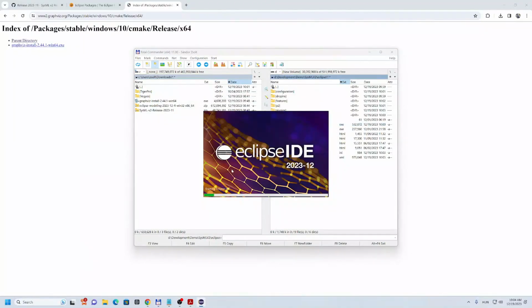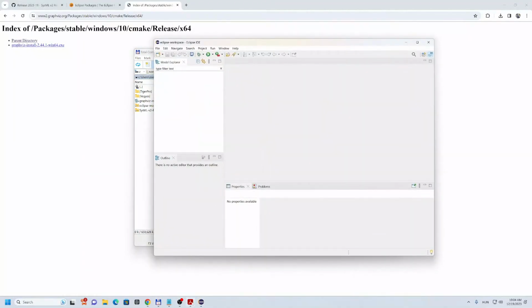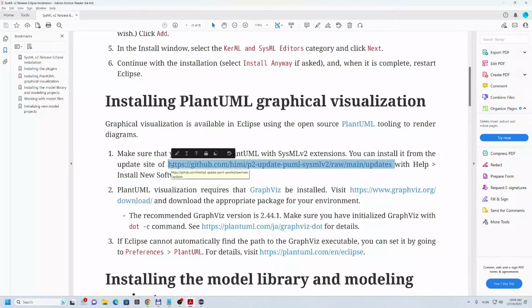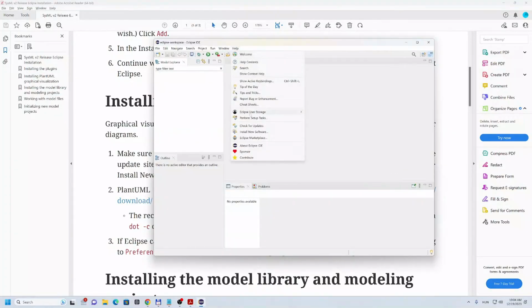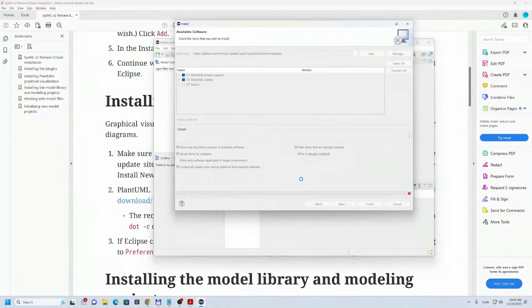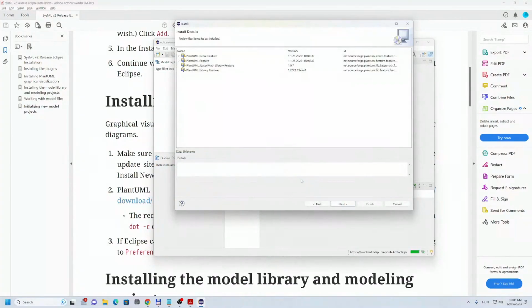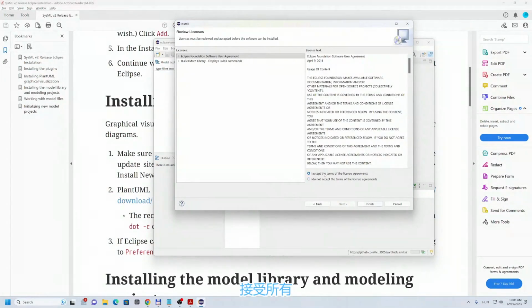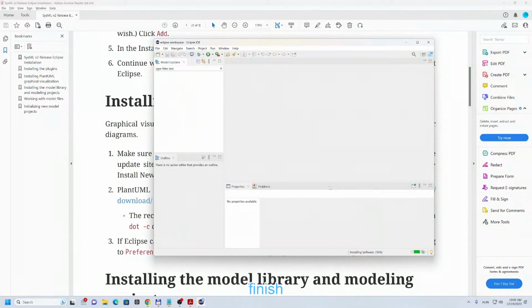and just select launch, and here it asks us to use this URL, so raw main updates into help and install new software. So we will just enter this. It's downloading everything, so we need this Eclipse support, maybe this library. I don't know whether we need it or not. Source code, we definitely don't need it. So we just press next, and okay, next again. I accept everything, finish, and